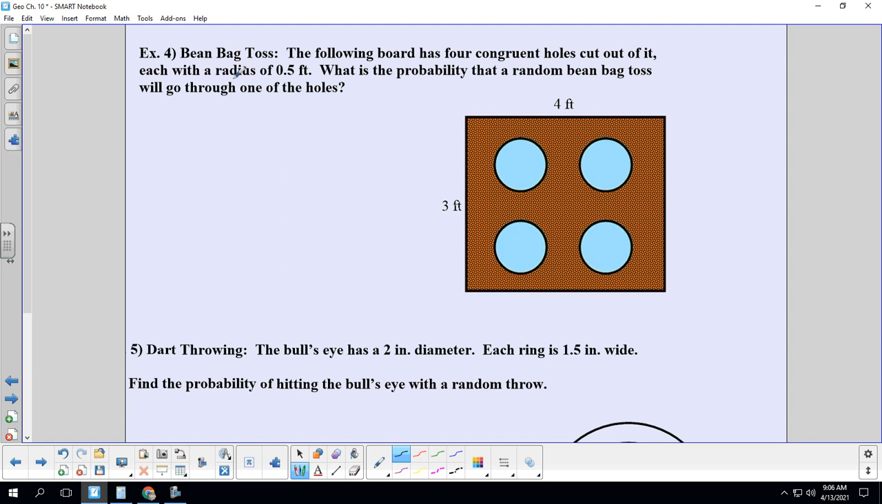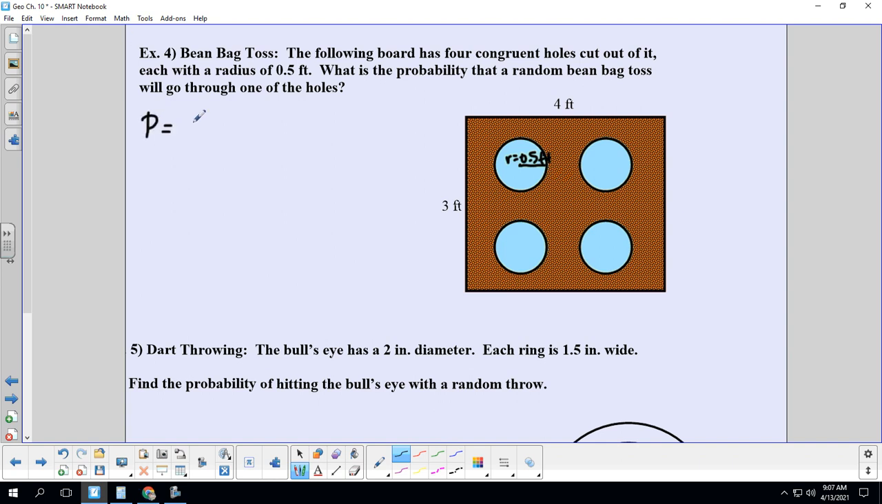All right, beanbag toss. The following board has 4 congruent holes cut out of it, each with a radius of 0.5 feet. So let's, of course, write that in. What is the probability that a random beanbag toss will go through one of the holes? This is blind tossing. So we're going to go,